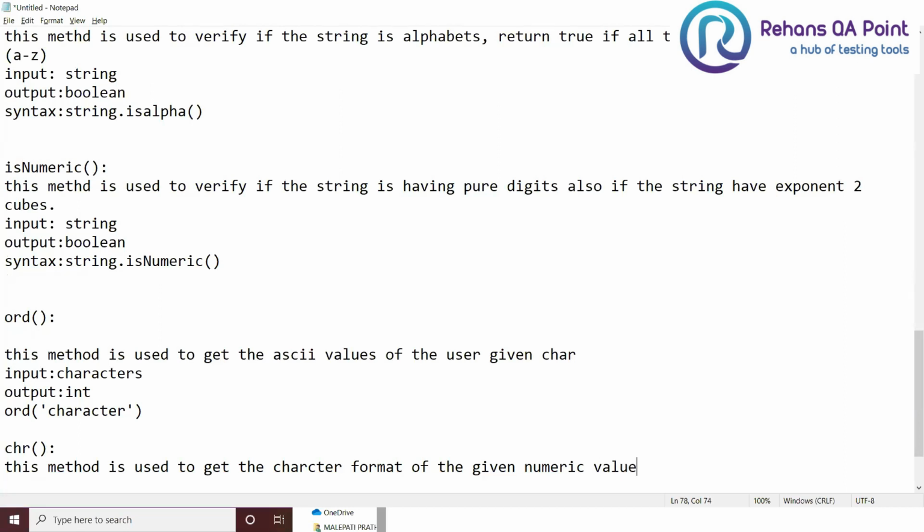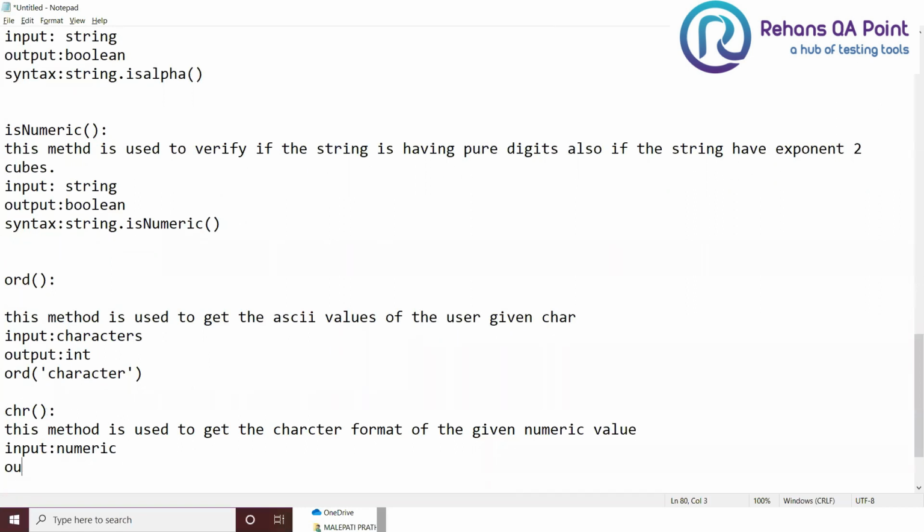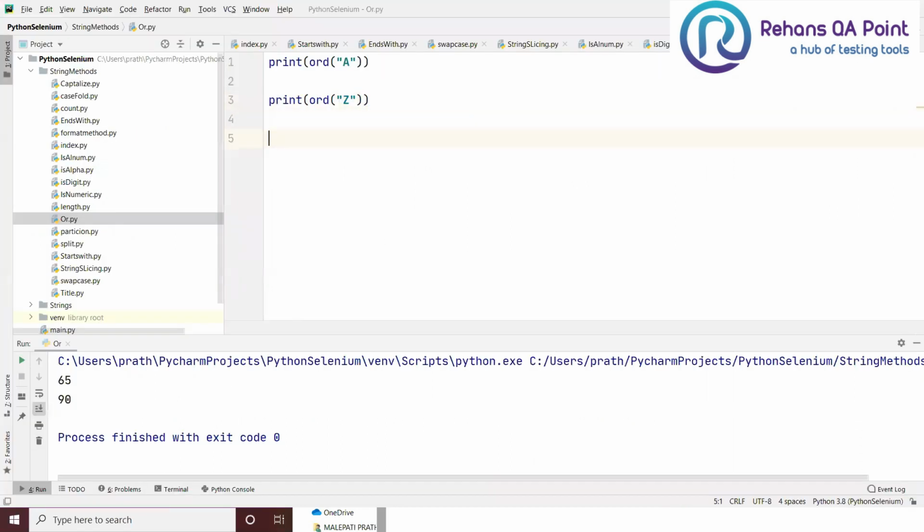If I give any numeric value, what is the character available for it? To get that, we'll be using chr. The input is going to be a numeric, the output is going to be a character. The syntax is chr of numeric value. So now let us see that.